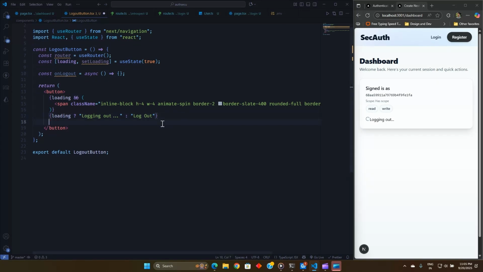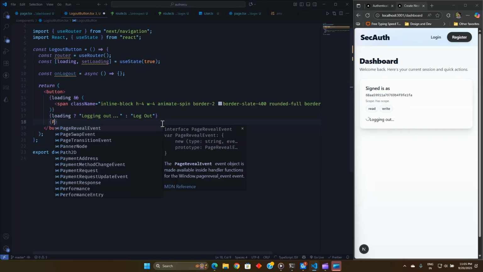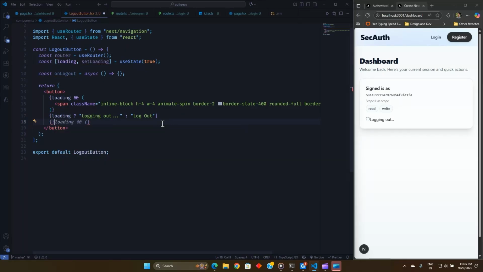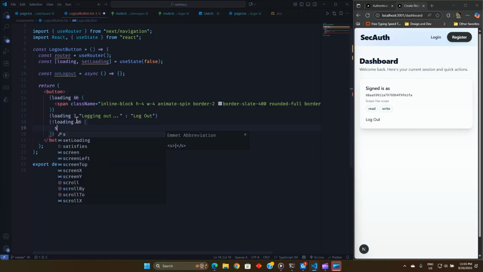So after this we also need to handle when it is not loading, like if here it is false, then in that case what we need to show. Currently you can see we are showing just logout. Along with that we will also show something like when it is true, then here we will show an SVG